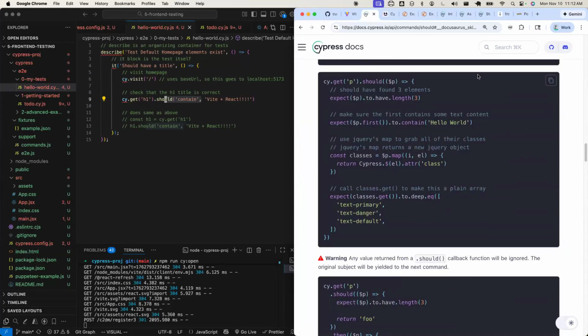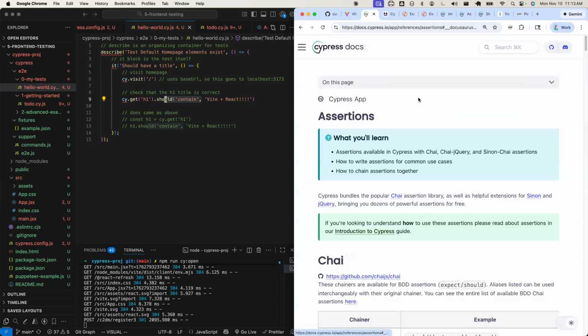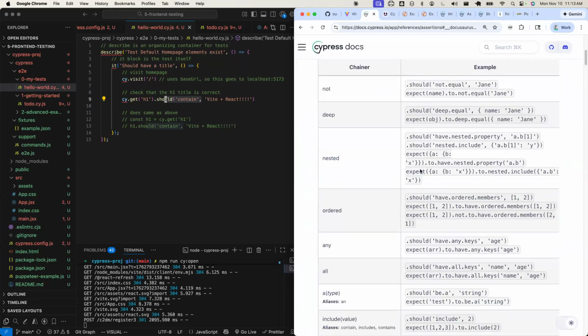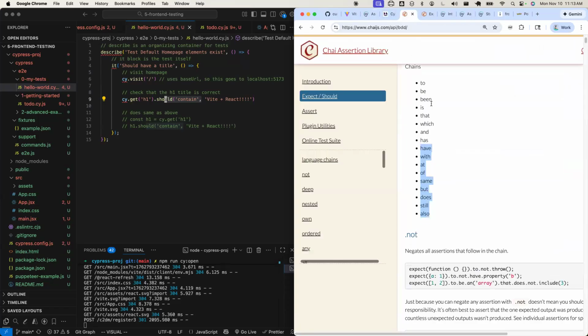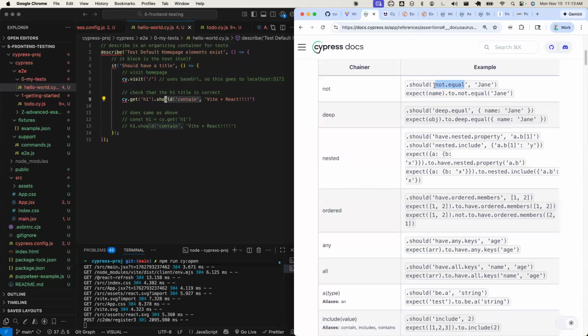And my apologies. It looks like the cheat sheet is actually if I search for assertions. And then under here, we sort of see this cheat sheet. And again, where all this is coming from is it's coming from this other library, Chai, where you can chain these different JavaScript functions together. But the way that Cypress has us doing it is where we have to put in this string name. So not dot equal,